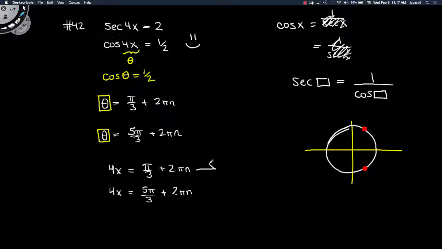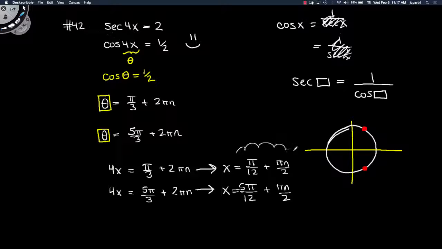I agree with you, but I refuse to get distracted. So yes, let's move on. Now we divide everything by 4. That's not too bad. Pi over 12 plus pi n over 2. That's true, but you can reduce it. And these are the solutions